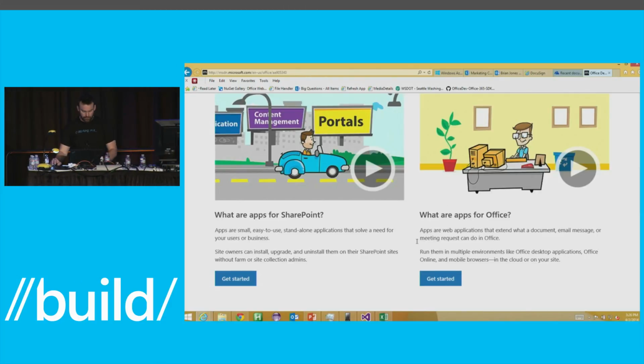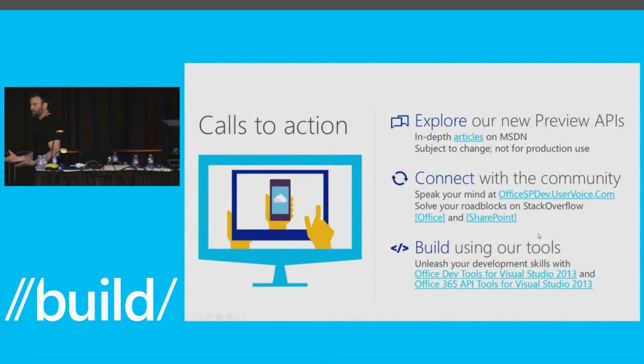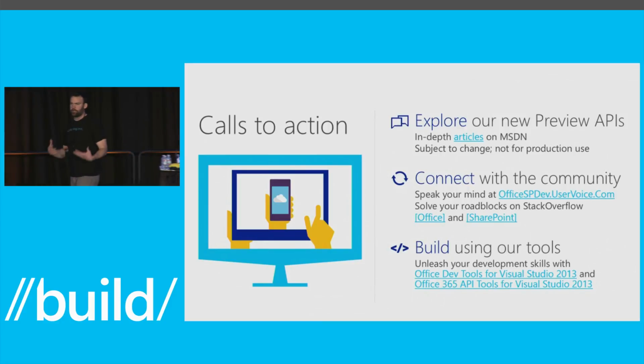And the other thing, though, that I really want to get across on this slide is that we as a group, my team, we really want to engage actively in the community. And so there's a few key ways we do that. One is UserVoice. I don't know if people are familiar with UserVoice. It's a website that you can go to. We have a channel essentially set up in UserVoice, and you can recommend new features.